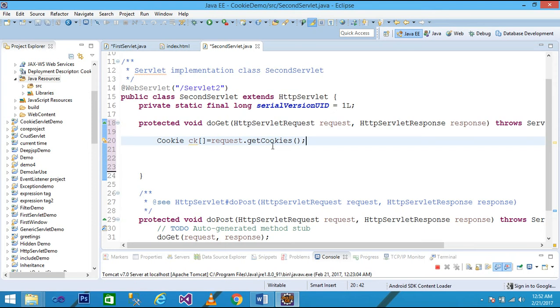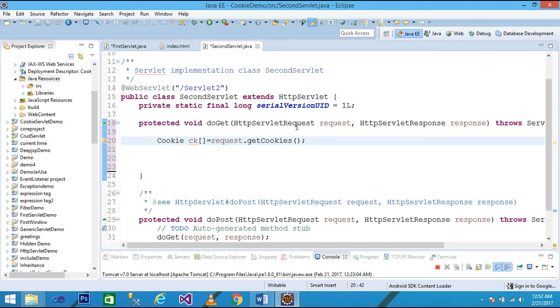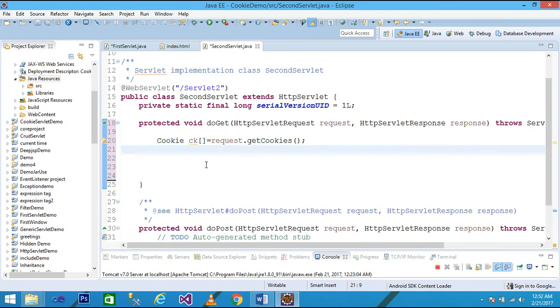The getCookies method of HttpServletRequest simply returns the cookies from the browser, and this returns the cookie array object, and this information is stored in ck as an array object of the Cookie class. And then I simply take a class PrintWriter